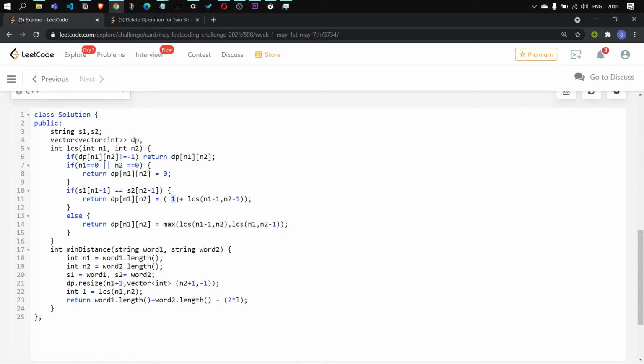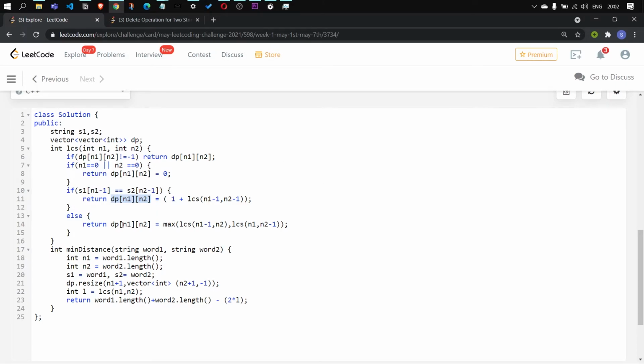So if they are equal, what to do is that you say, okay, fine, one character I got which is the same. Now let me find the longest common subsequence length for the first n1 minus 1 characters and the first n2 minus 1 characters, because the n1th character and n2th character are the same. So I'll be adding 1 to it. But let me find the longest common subsequence of the leftover characters, and to that I'll add 1 because the last characters matched, and I am saving it in the dp array before returning it, so that later on if I need to calculate the same thing, I won't be calling the function again and again.